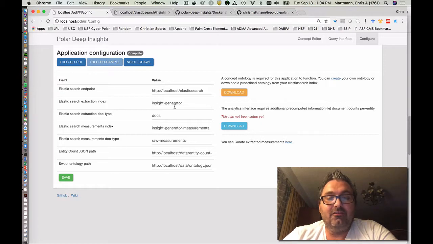So that's the insight generator index that we created. The default extraction doc type is called docs. Our measurements index is called insight generator measurements. The doc type is called raw measurements, and you'll want to get the entity count JSON. These are 2 static files, which are a count of the entities that are present in your data, along with the SWEET ontology, which is a way to classify polar data. We also have